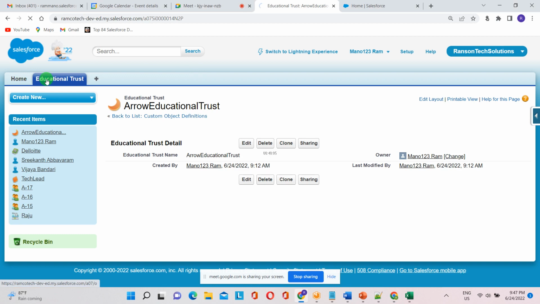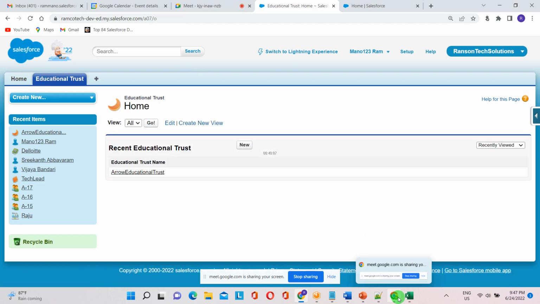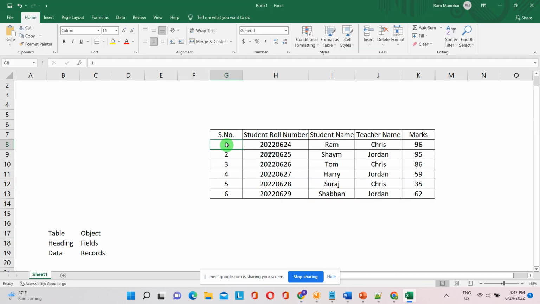Field in the sense, we will have different types of fields. For example, serial number is one kind of field. Student roll number is one kind of field. Student name is one kind of field. This is also one kind of field, and this is also one kind of field. So now what I'm trying to do is